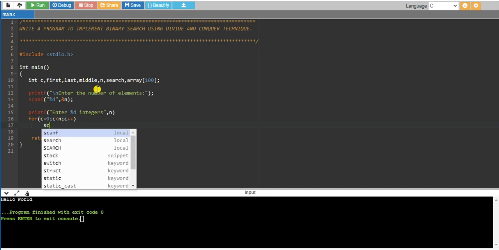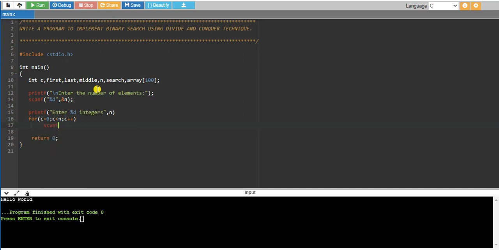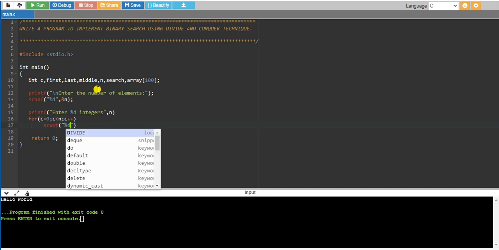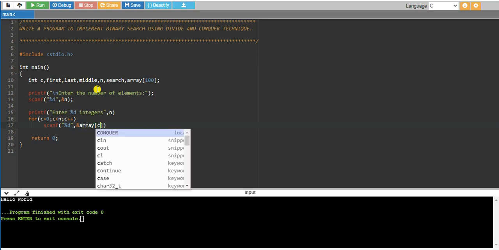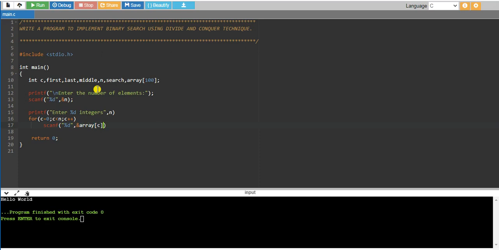So I have to read the values. For that, scanf, %d, comma, &array[c]. The name of the array is array itself. Here I'm going to read them.